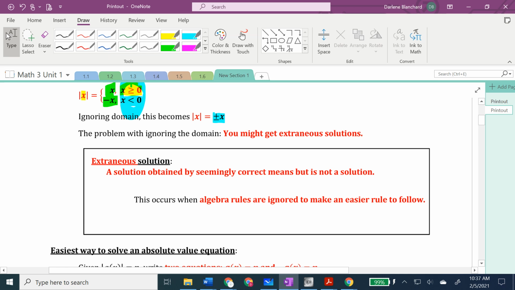But know that the reason behind it is because certain algebra rules are sometimes ignored for the sake of the problem being a much simpler to solve problem. So it's actually to your benefit. Now,